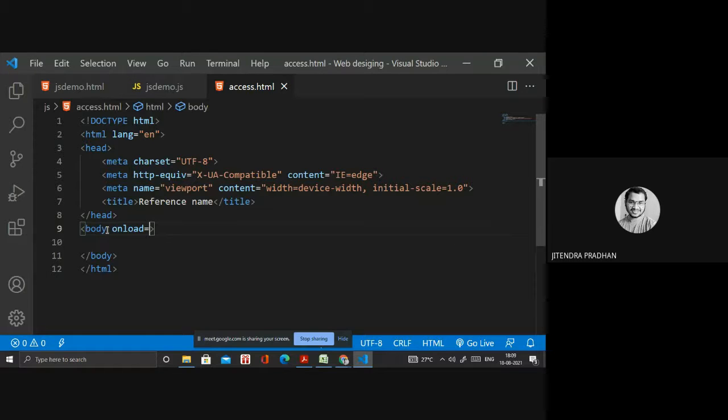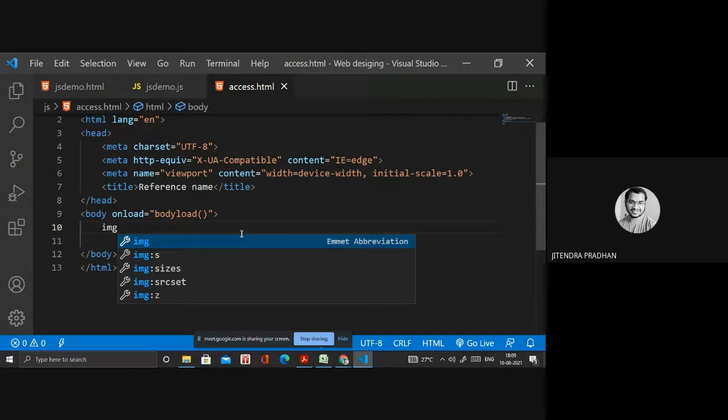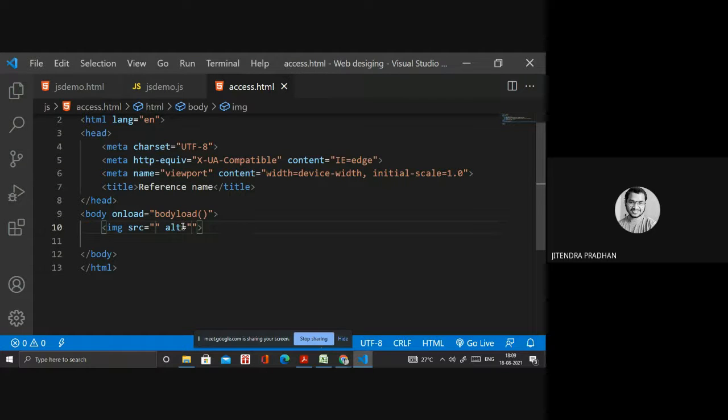So I will write the function, inside it, body load. Next I will give an image, img. SRC I do not require. By using the reference name, I will give that particular image. So I need the reference name.